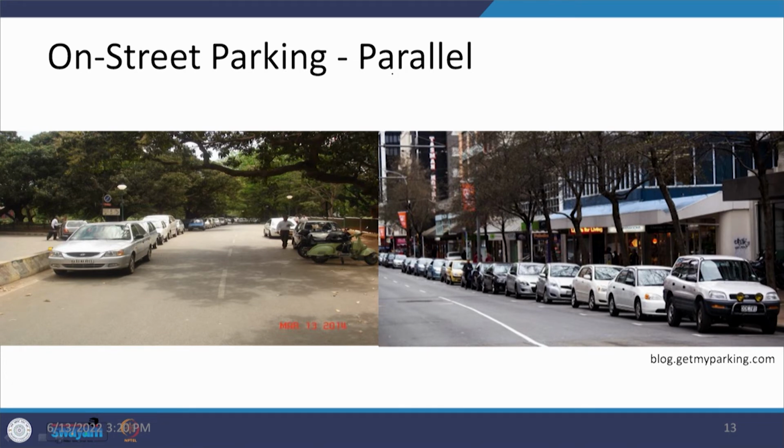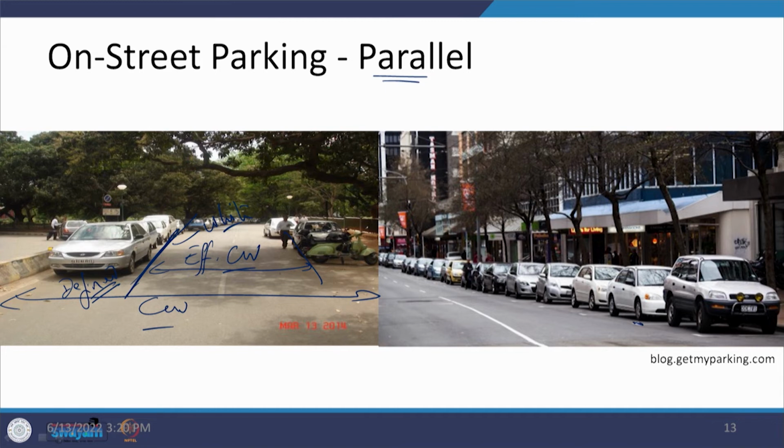So, here this is a parallel parking pattern. What you can see is that the total width of the carriageway has been this, but when these vehicles are being parked and you can see they have been parked on both the sides, then the effective carriageway width has reduced to this value, and if there is a lot of traffic on this, then it becomes a constrained situation, one thing. Second thing is that we said that this should be a defined one, but here in this case what we found is that this is not a defined one, there is no parallel white strip.